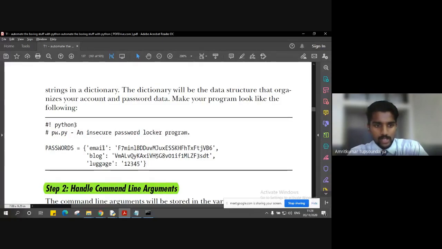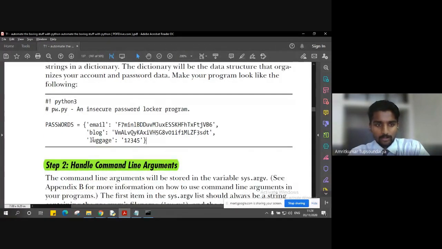This is actually a very practical program. You can use it in real time instead of having your passwords saved on your mobile, in Google Keep Notes, or in any notepad. You can just have this Python program saved in your Google Drive, and keep this one file secure so that all other passwords are secure within it, right? So you can actually use this program in your real life.